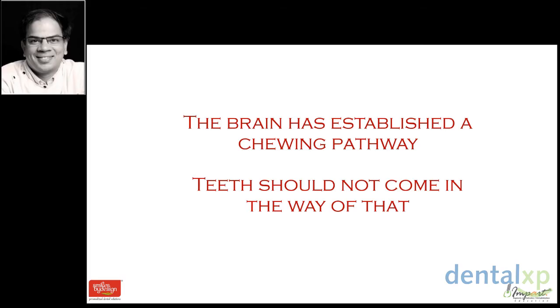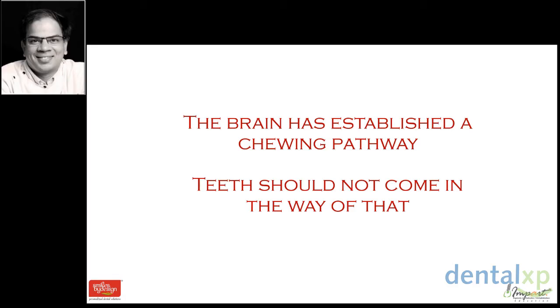One aspect that Dr. Kois always talks about, and which just went into my brain right from the time that I've been reading his articles many years ago, is that the goal of the brain is to find the teeth in MIP. The brain has already established a chewing pathway, and our goal as dentists is to not make teeth that come in the way of that. A simple example is when you're doing a smile design for a patient and you're making upper 6 veneers. Sometimes you do a wrap around on those veneers on the palatal side, and you realize that the wrap around portion of the veneer has become a little bulkier. And because that bulk is not coming in the way of MIP, the patient goes back home.